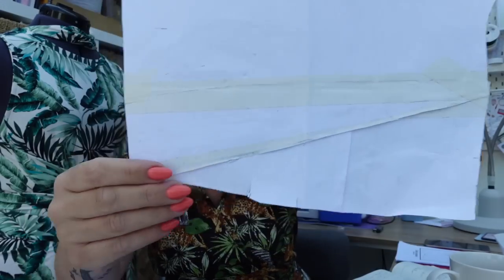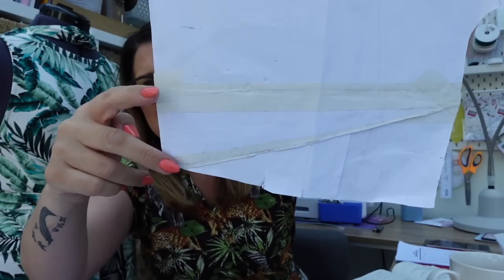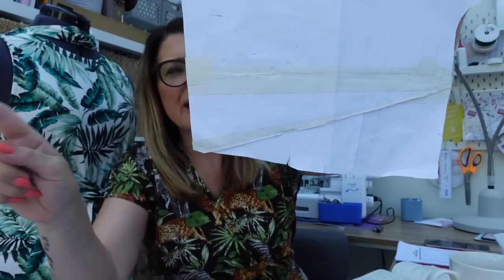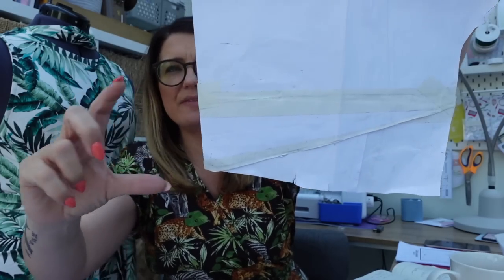So obviously this is cut on the fold. As you can see, there's a good couple of inches there. And obviously that would replicate on the other side, which means it comes into a bit of a diamond shape. And what that's actually done to my Zadie is it's pulled the shoulders back into the right position, lowered the neck, and then because it's pulling it back into the right position, all of that excess fabric that I had has gone. So I was really, really pleased with that adjustment, and thank you for those of you that recommended